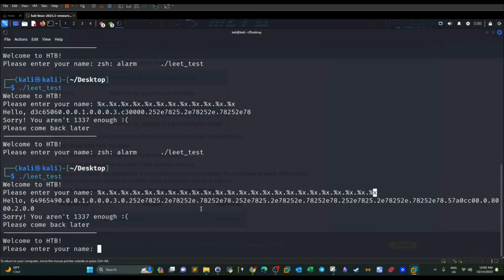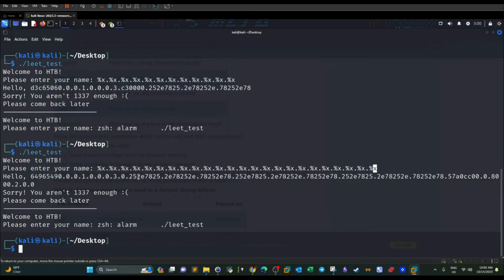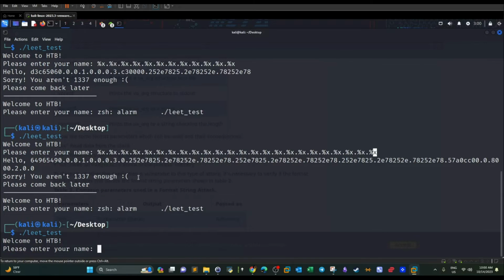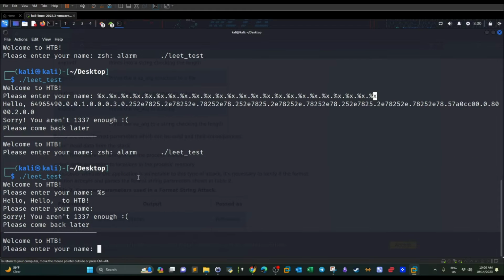Now if we go back and use %s, as you can see, the output was hello to HTTP, because this is executed as a string, and it will read the strings from the stack, hello to HTTP, which was found first in the code. If we use more than one %s,